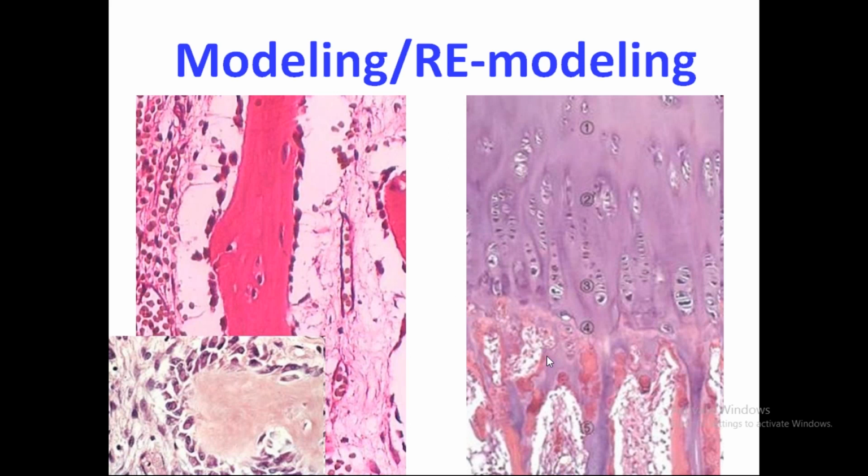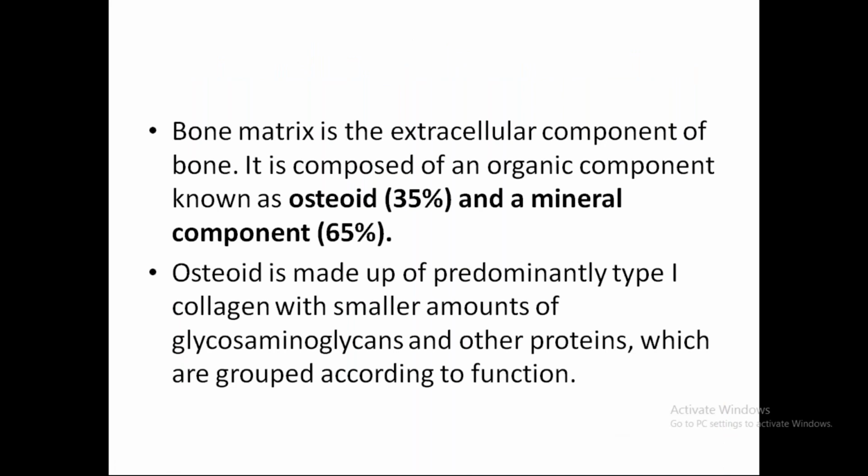So you can see this is the main bone which is being transformed into the spongiotic part. Here the mineralization takes place. This is the bone which is being hypertrophied, followed by mineralization and spongiosis. You have two types of bones, lamellar and woven bones, which I will show you. Woven bone is immature bone actually.